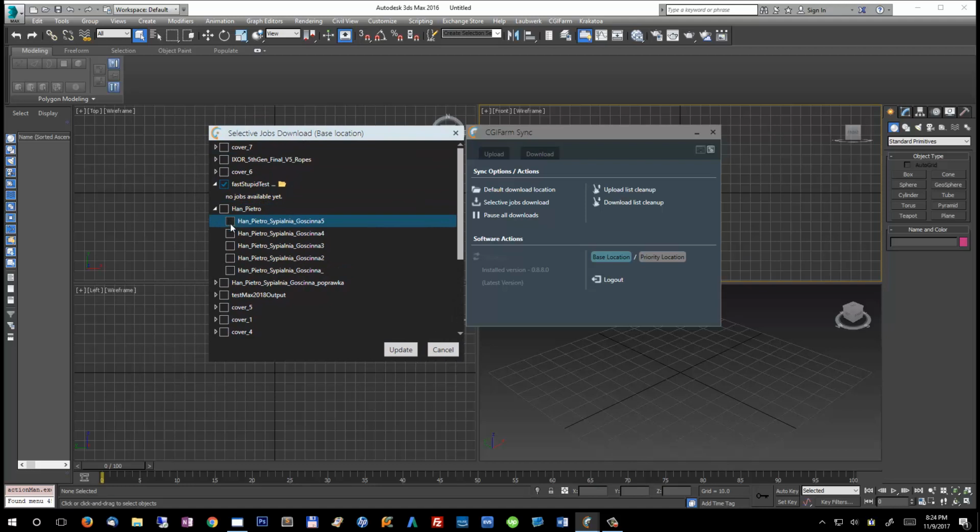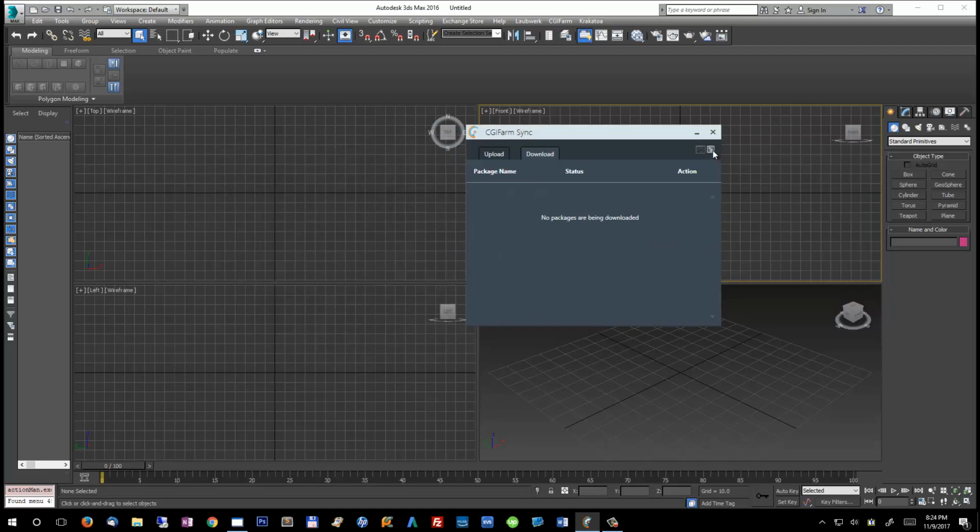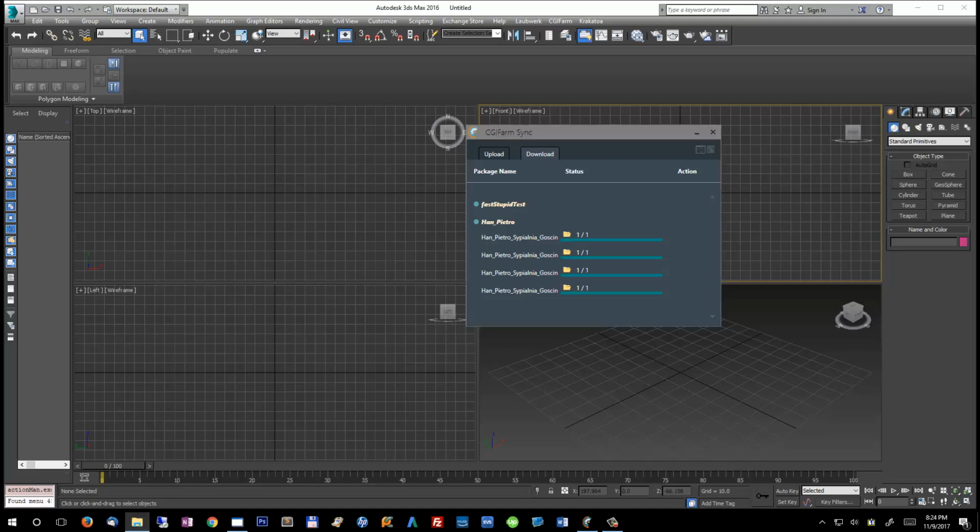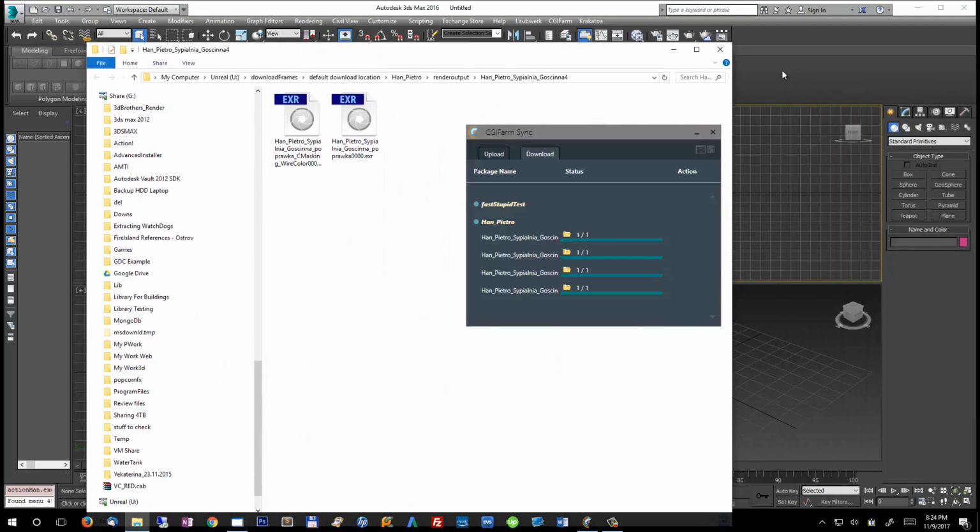So if you have a job that already rendered and you want to get those frames, you can select that or select all of them, and when you click update, after a few seconds the download list gets updated, and the download should start. Alright, clicking on this folder will open the location where you have set where the files have been saved,